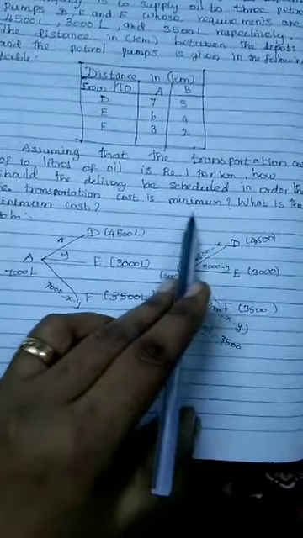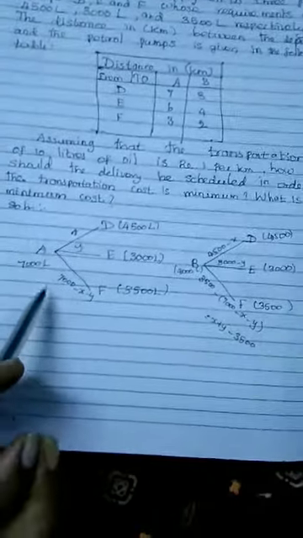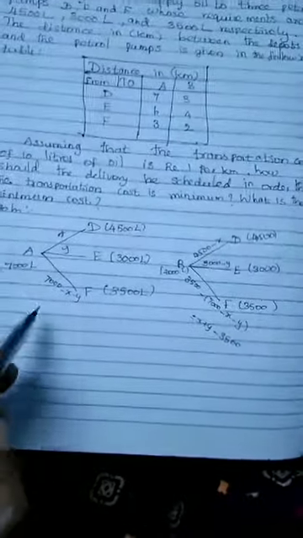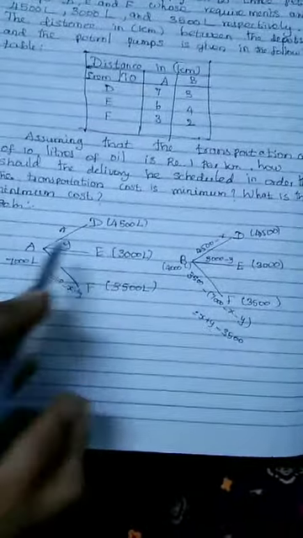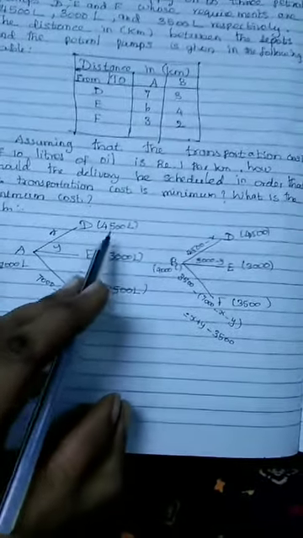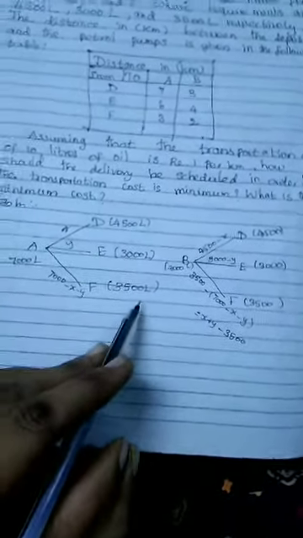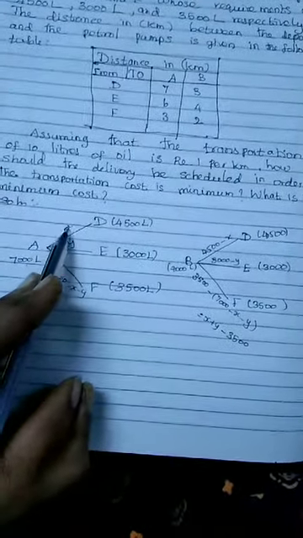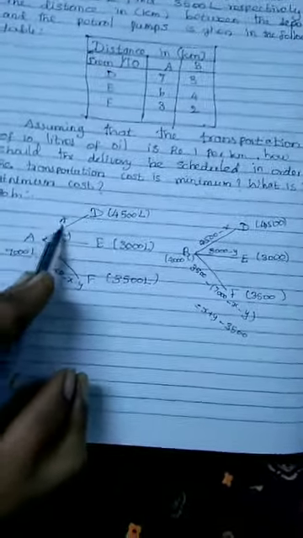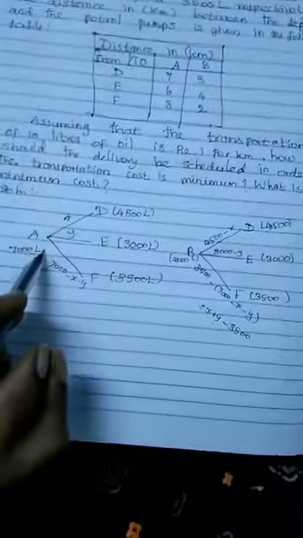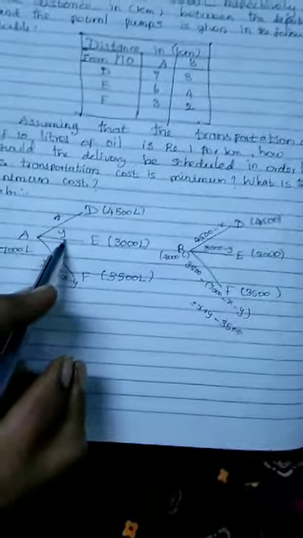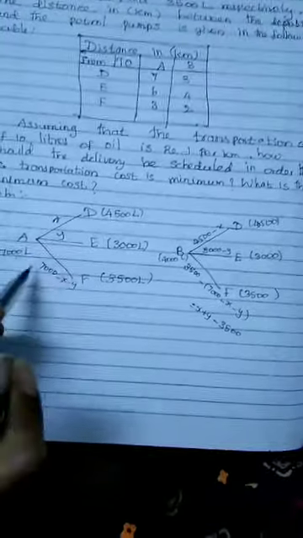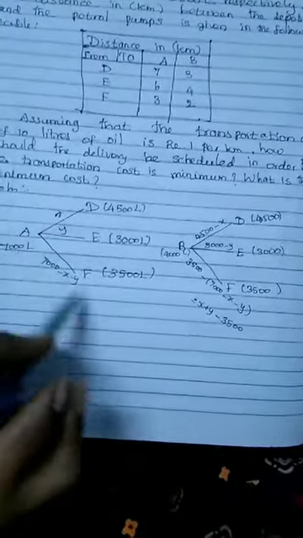Already I told you the transportation problem is only to be minimized. What is the minimum cost? I just explained the arrow diagram. A can hold 7,000 liters; D, E, F need 4,500, 3,000 and 3,500. First I consider A to D. The transported quantity I take as X, so X is transferred from A to D. Similarly A to E I take as Y. Then the remaining is transferred from A to F.